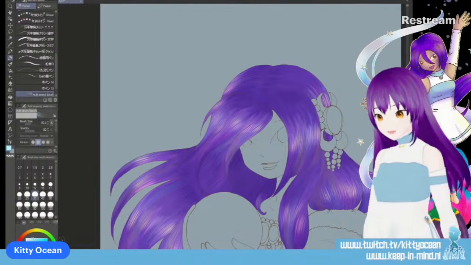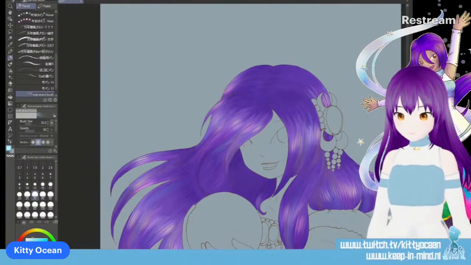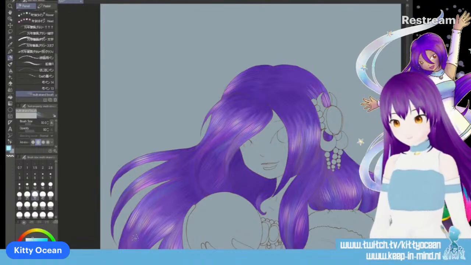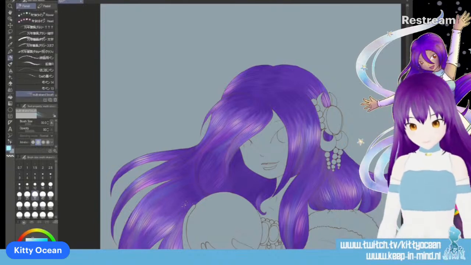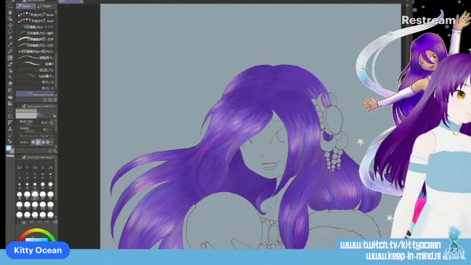And then the light blue. It's a bit of Aurora Borealis. Slightly.